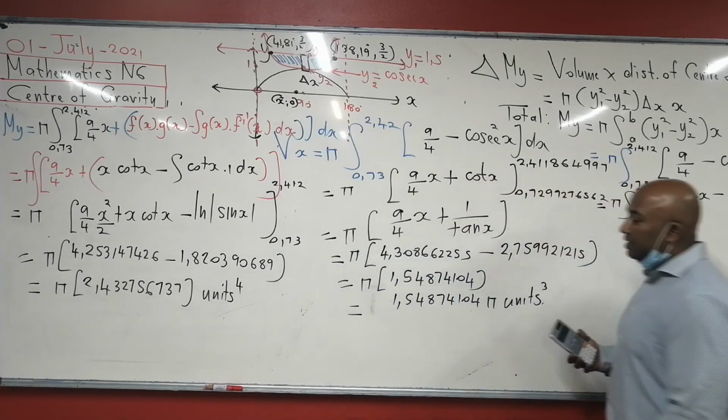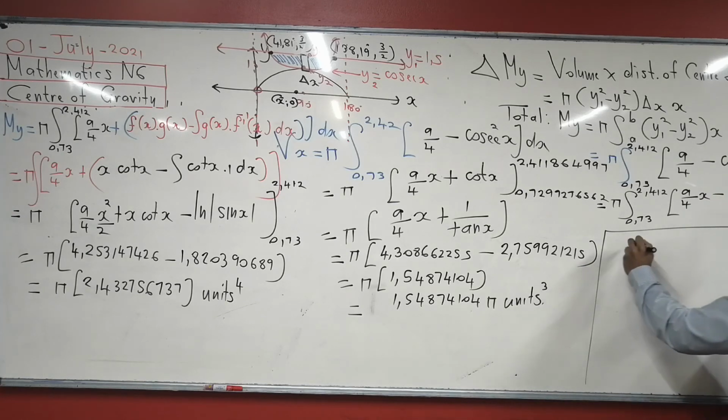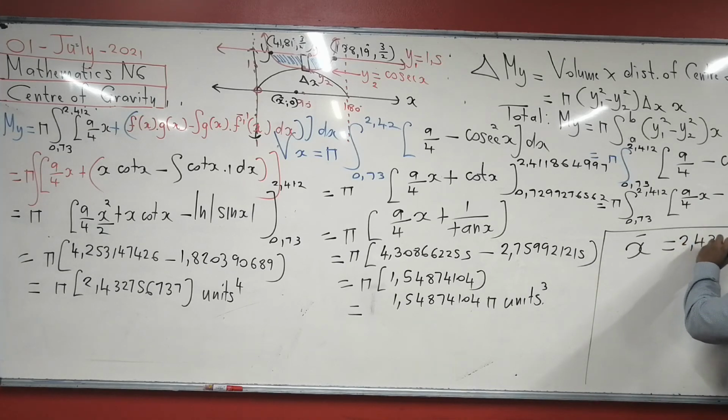Right. So now let's see. You just double check the calculator right there. That's a big thing. So we know that x bar is equal to My, which is 2.432756737 pi